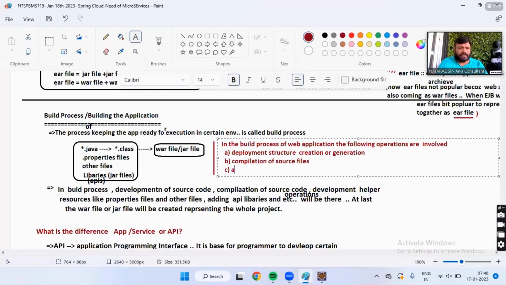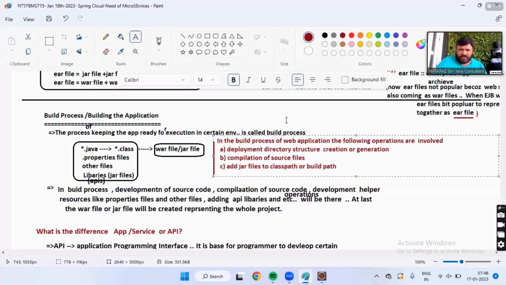Adding jar files to the class path or build path.